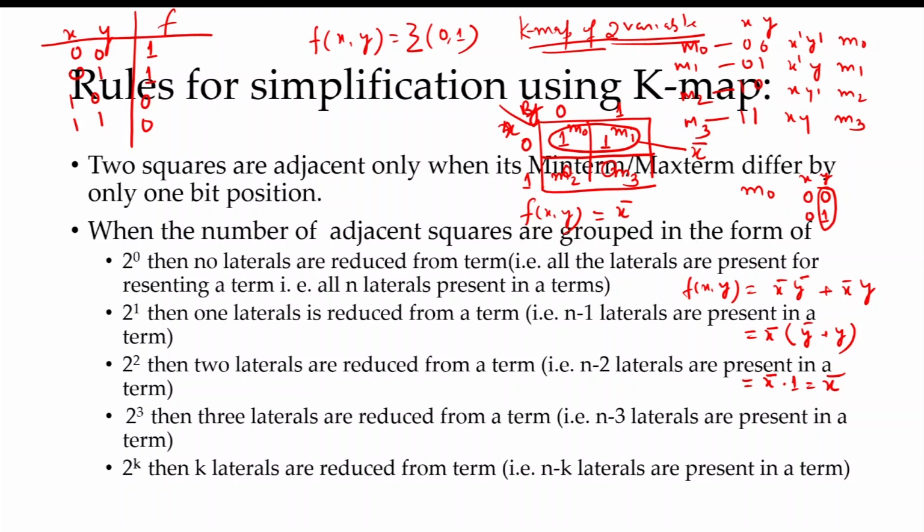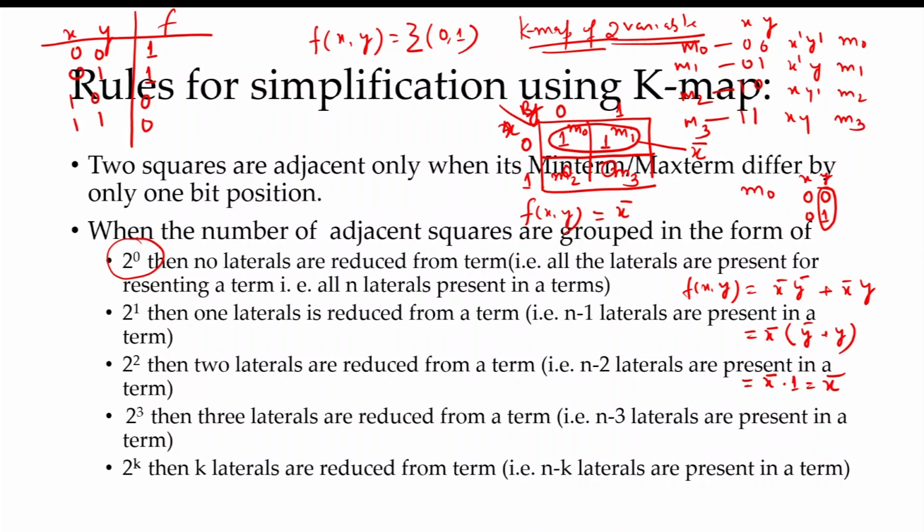Our objective is to find a group of the maximum number of squares whose values are 1 in case of SOP form and whose values are 0 in case of POS form. Like here, when the number of adjacent squares grouped is a power of 2, and this is 2 to the power 0, the question is how many literals are reduced from that term,